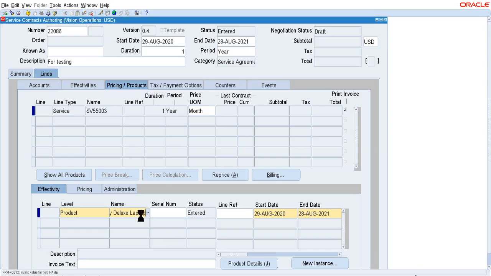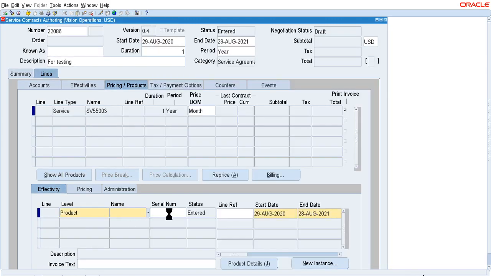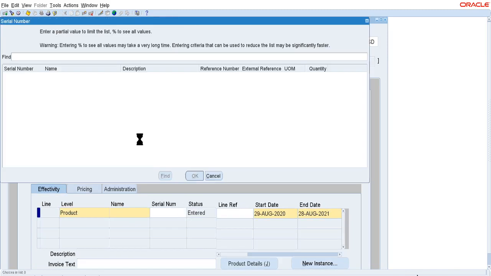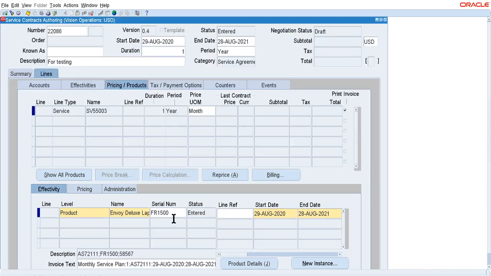If you want to check, you can. Okay, this is the product line, so I'm going to check here and select one product line. This is the first product line I'm selecting here, right?